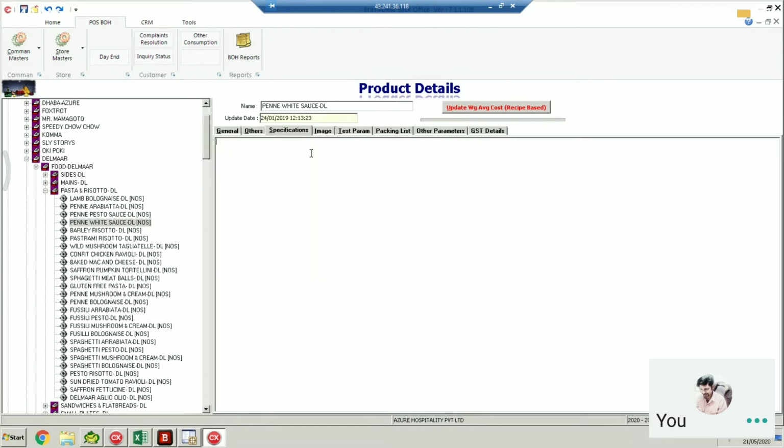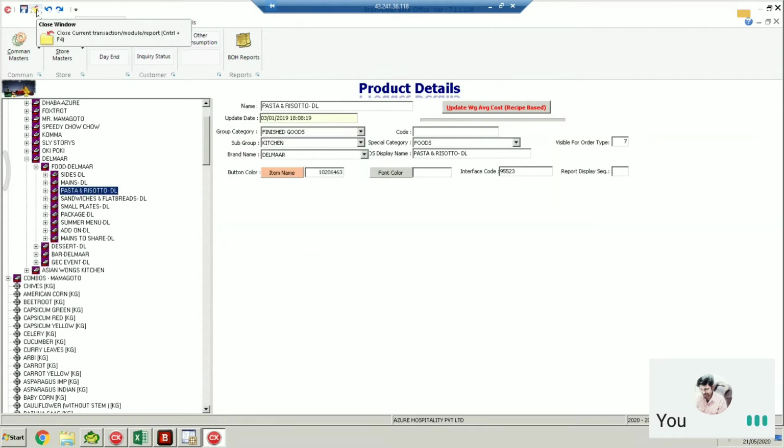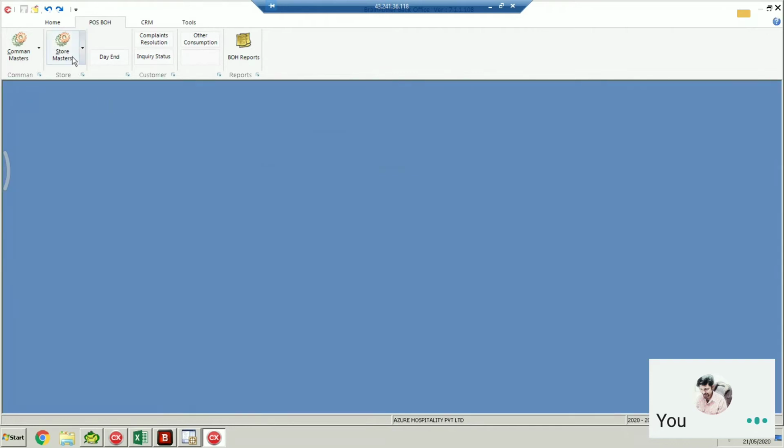And for the image, your system will not take a photocopy. You will have to give the image URL, and that image URL must be a publicly accessible URL. We will give you all those things. So this is the menu management part. Once the menu engineering is done, is the price also updated for Zomato and Swiggy? Yeah, that is also available.